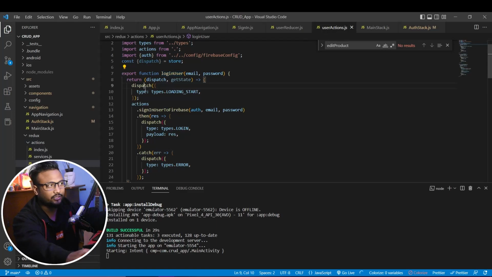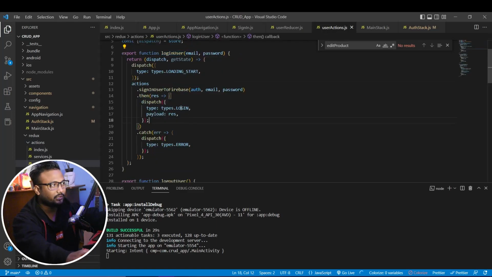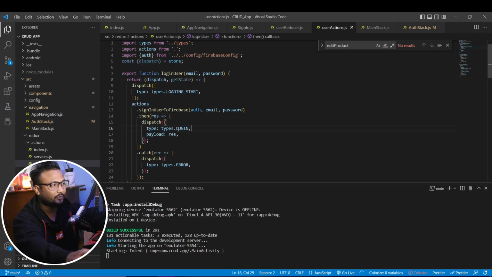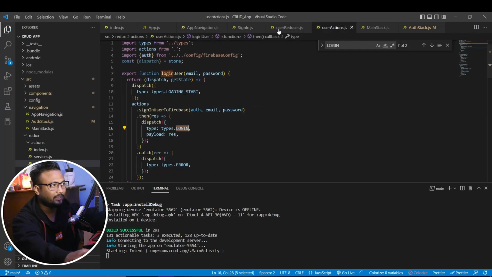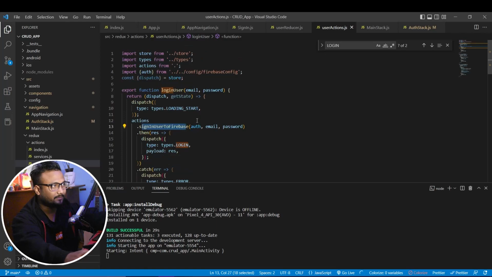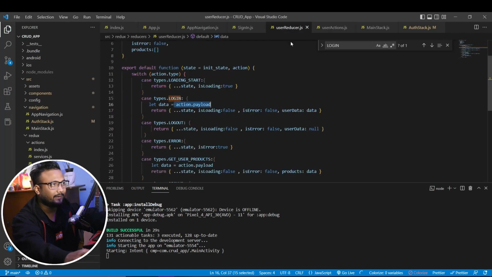So basically we call these actions, like we call this function, and this function will call dispatch. So here we have dispatched another action. So every time we see the keyword dispatch, you know it's dispatching an action. So you can see it's dispatching this login. Now if you go to your reducer, you can see that for login type, we take the payload, which is the response that we get from the sign in user to Firebase method. Basically we copy the previous state, we set the loading and error states to false,